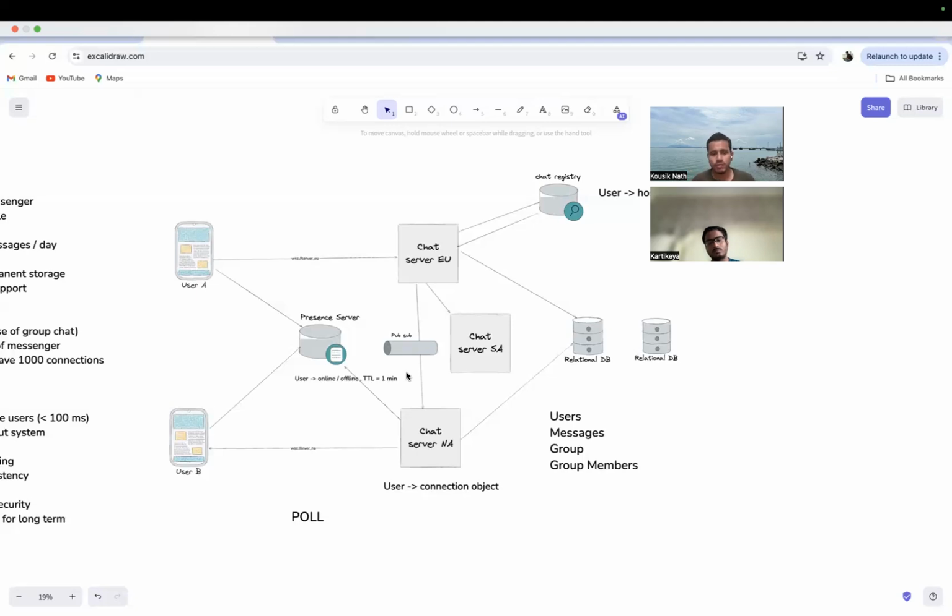Okay, and now if chat server EU wants to publish some message, it just gives this PubSub system that hey, this message is for chat server NA, you put it there, right? So once it is put onto the topic, the chat server NA sees that okay, fine, there is some new message for me, it just consumes this message. So this technique can also work,